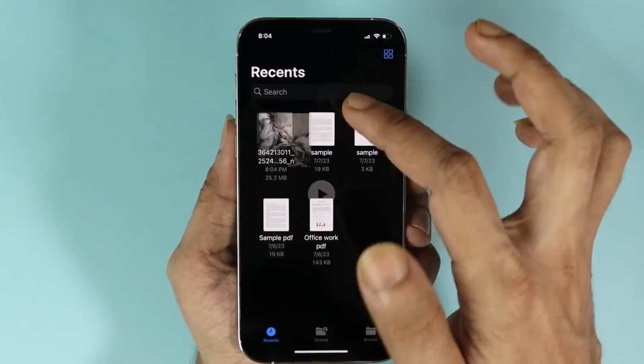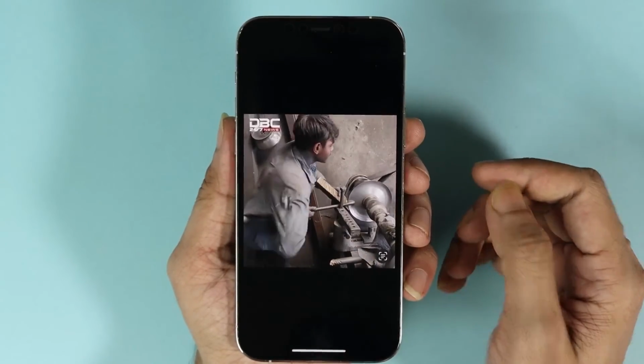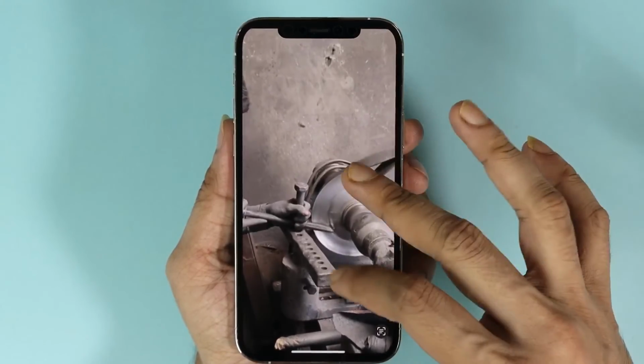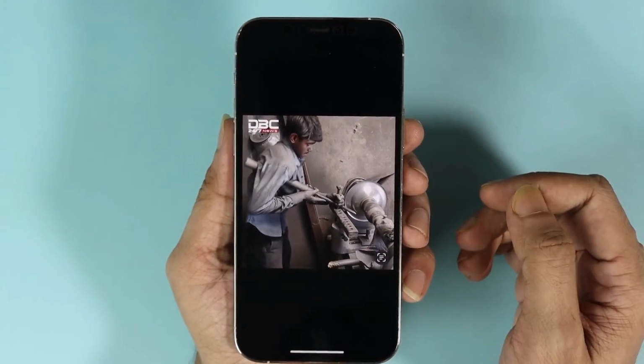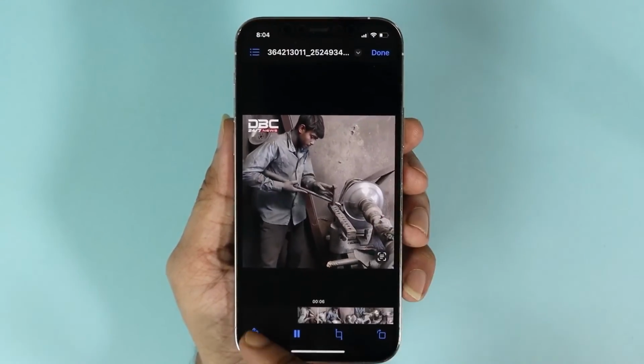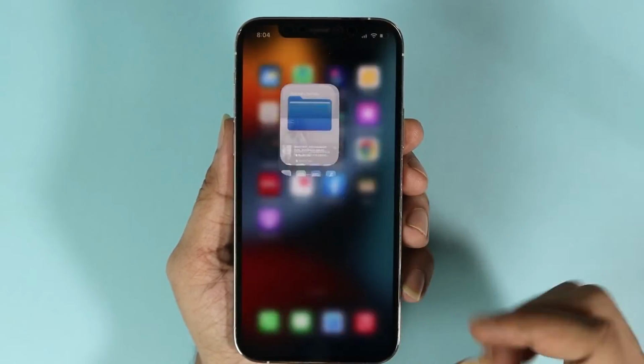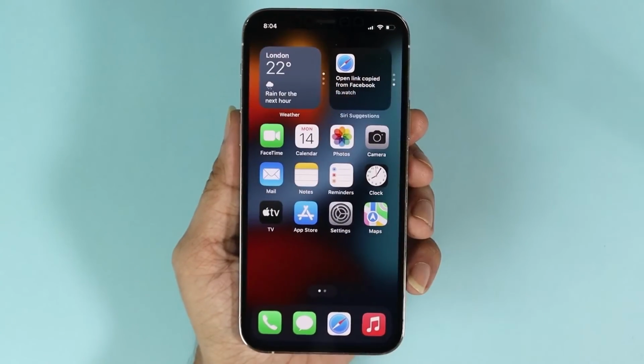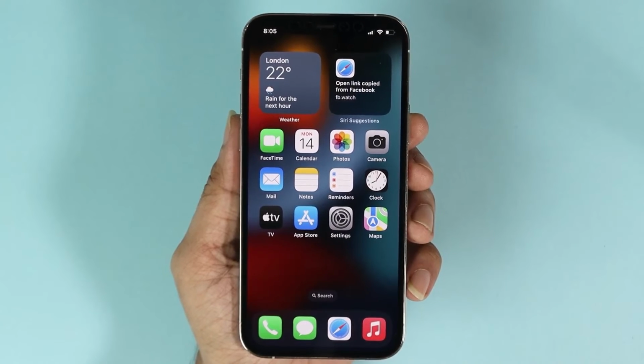video, and from here I can play it, and here you can see the quality is good too, which is 720p, and from here of course you can share it or do anything that you like. And that is how you can download a Facebook video on your iPhone without any third-party